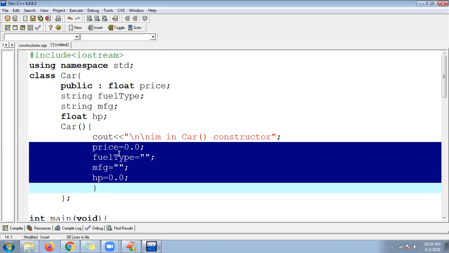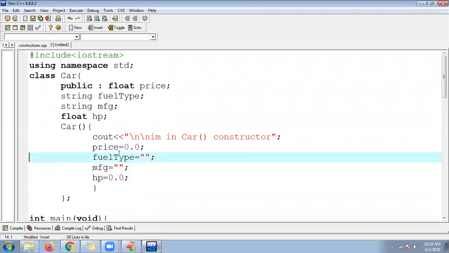So same program, car: it contains price, fuel type, manufacturing, float HP. Now I want to use parameters to initialize the values.